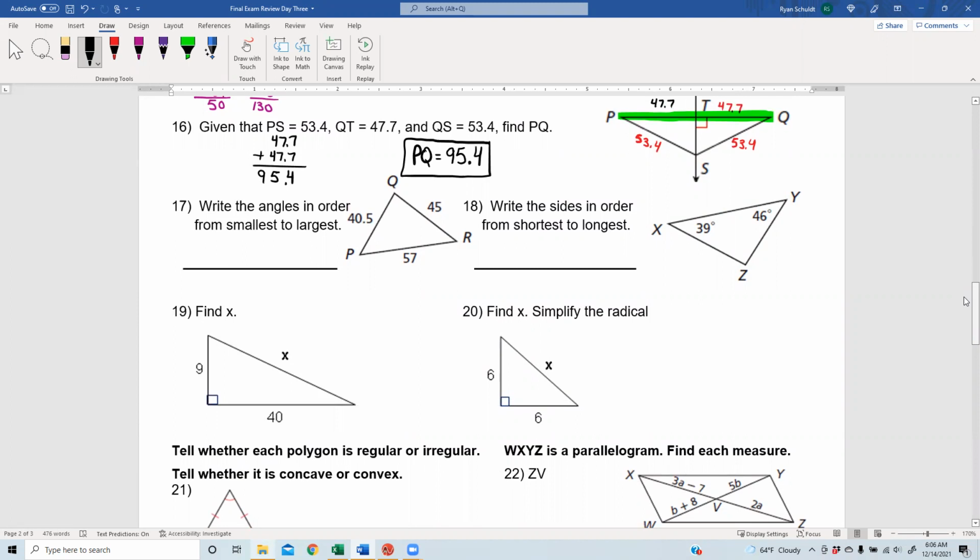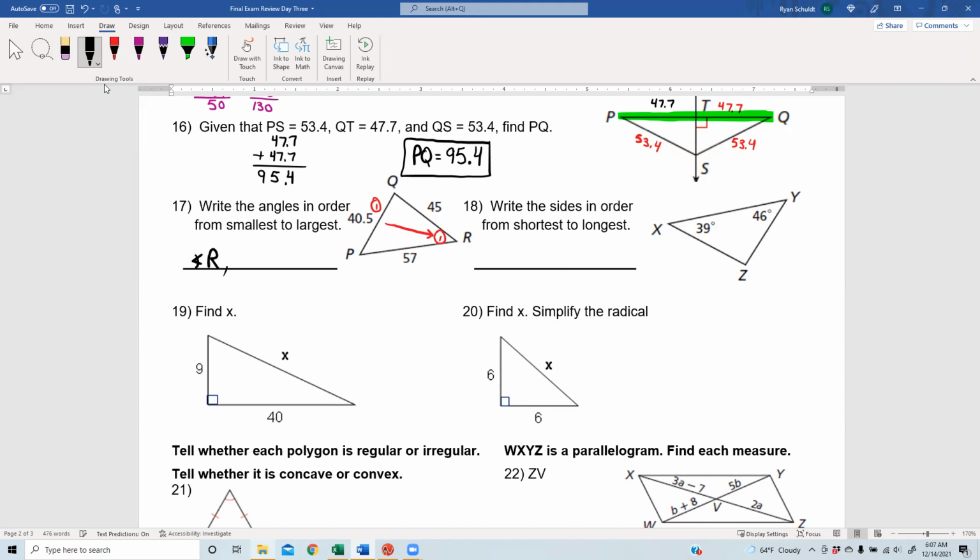Okay, 17. Write the angles in order from smallest to largest. So the smallest angle is across from the smallest side. Smallest side is 40.5. We go across from it. We land at R. So angle R